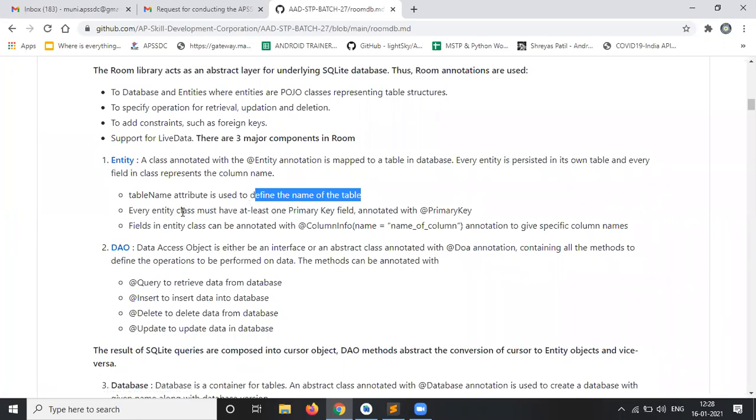Also, every entity class should have at least one primary key field. So why do we use the primary key? Can anyone please tell me? Any idea?